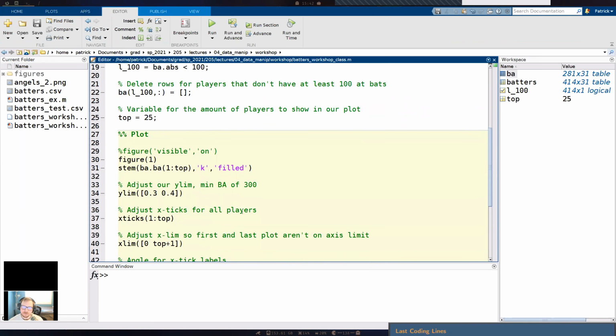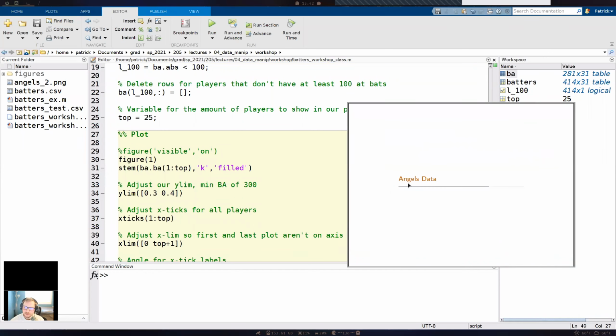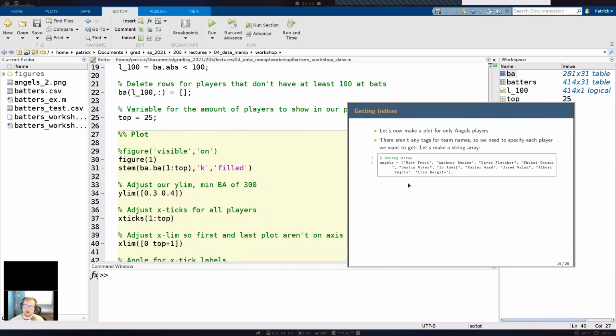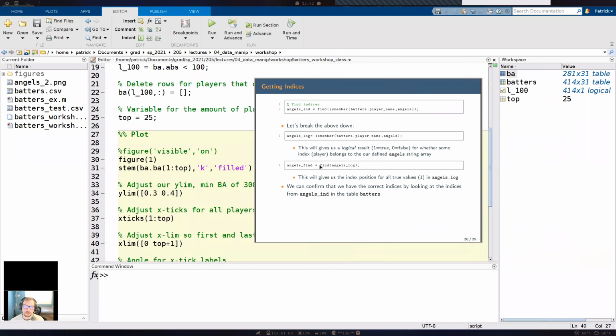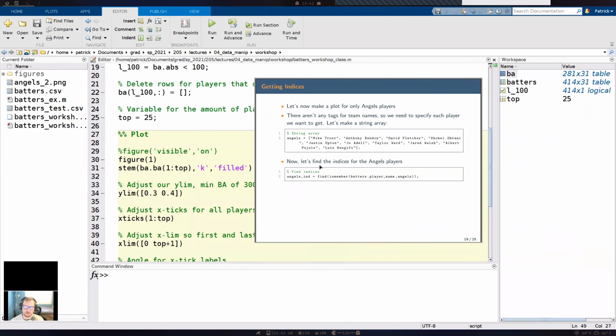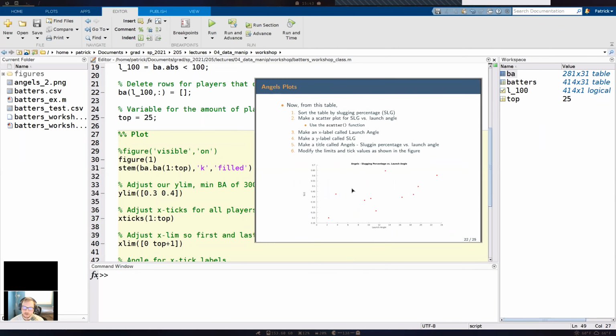So that's all. Well, I wanted to get to another exercise today, but I was kind of optimistic there. But maybe next time we'll go over this, so Angels data, because I'm an Angels fan. We're going to be using the same spreadsheet here, but basically next time we're going to work on making a whole new graph, and we're going to be using new functions again. So we're going to be using the find function, which is really important. And then also the ismember function, which is also really important.